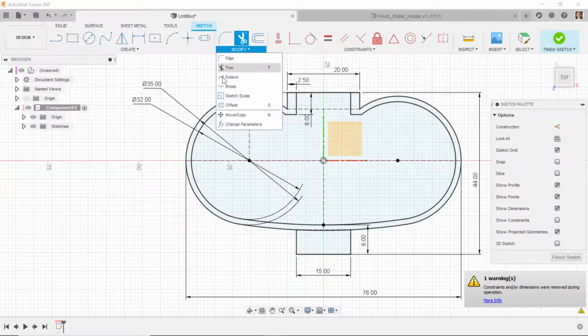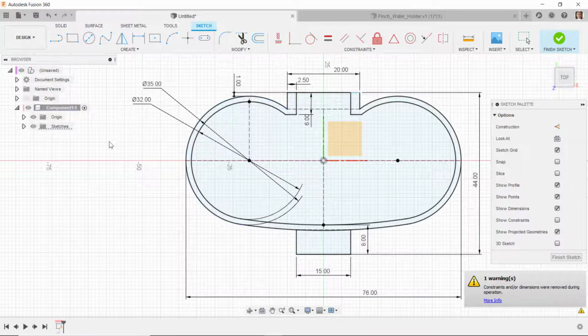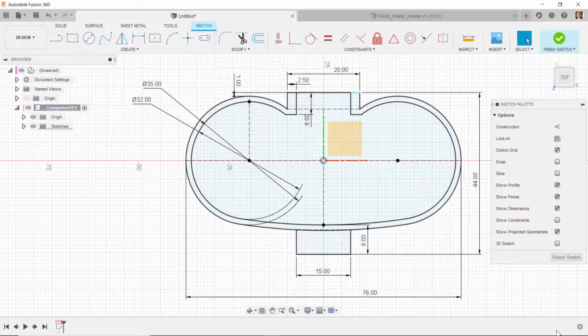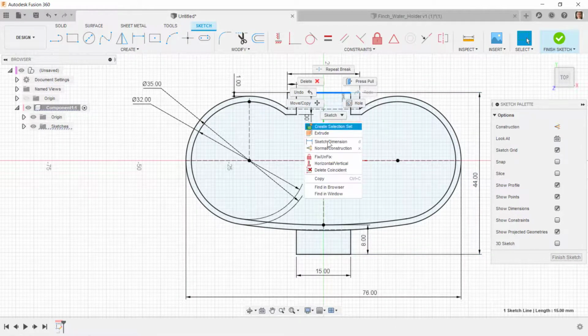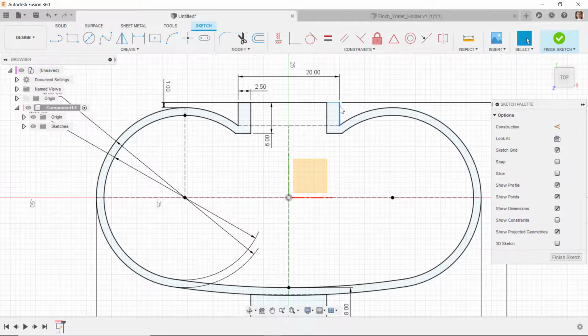We could leave it the way it is, but I'll do the break, and I'll select this line, and notice it's going to break it at that point, and I can also break it at that point. So I'll select that line, and it breaks it at those 2 points. It gives me a warning that I lost a constraint, and notice this has turned blue. I'm going to right click and change that to construction,